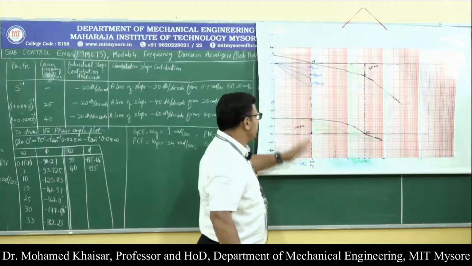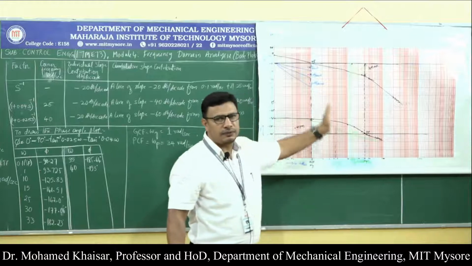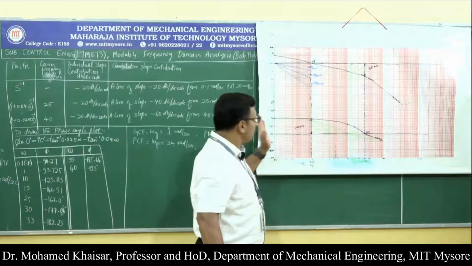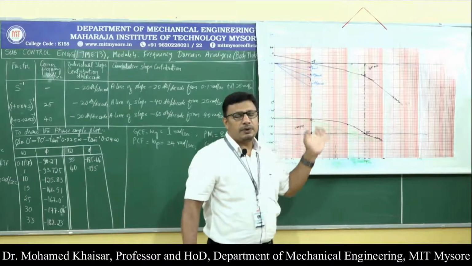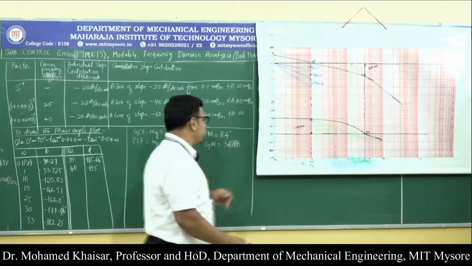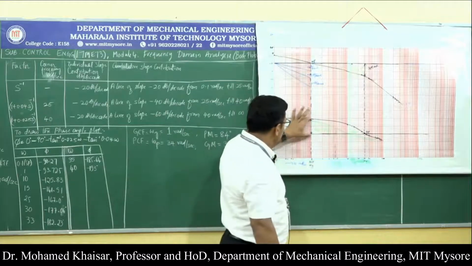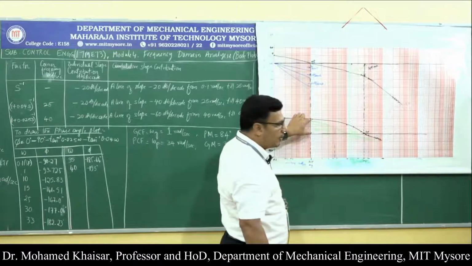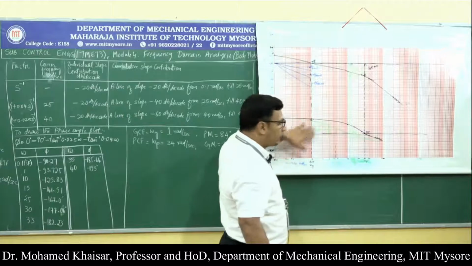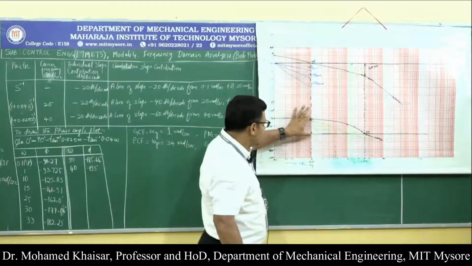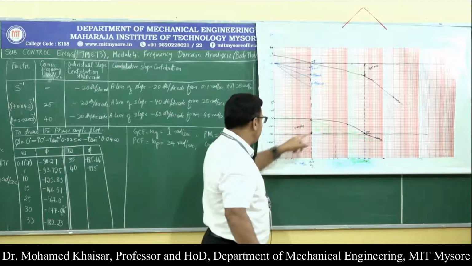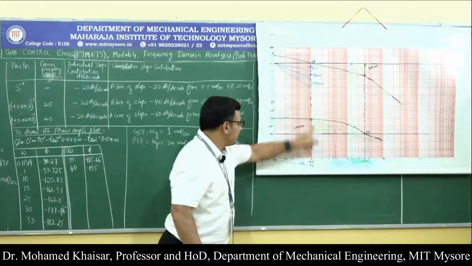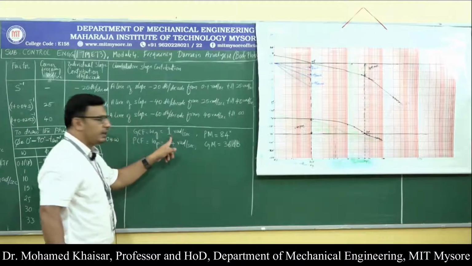Once we have completed the drawing of magnitude versus frequency as well as phase angle versus frequency plots, we get to know whether we have positive gain margin as well as positive phase margin. But what are the values? If we measure the distance from the minus 180 degree line till the point where the vertical from the gain crossover point has met the phase angle plot, we get the phase margin as 84 degrees. The gain crossover frequency that we found is 1 radian per second.